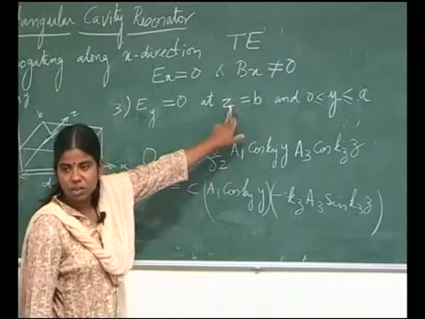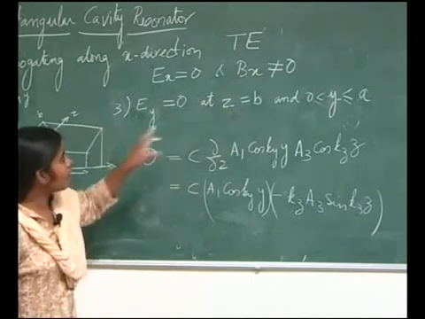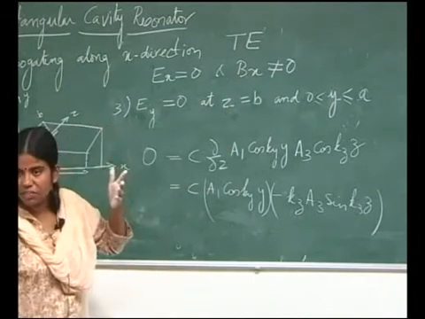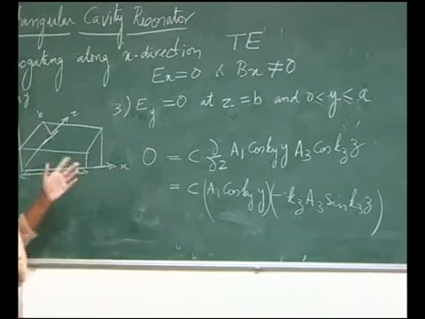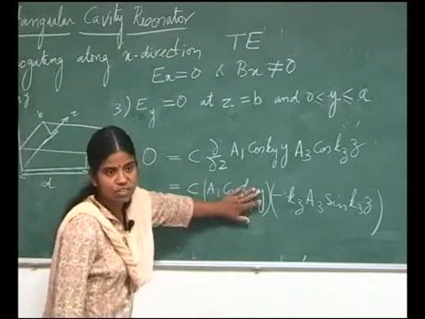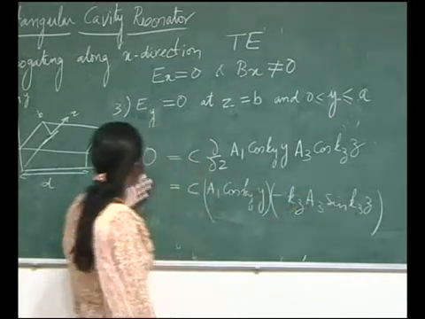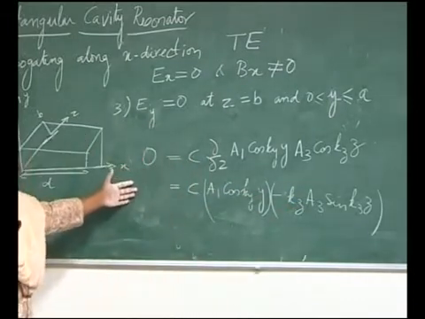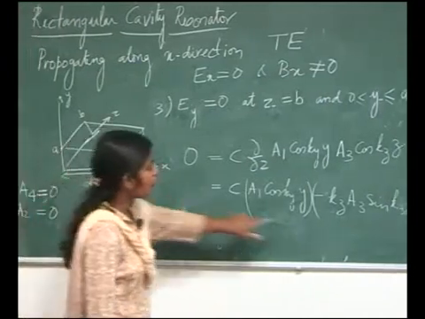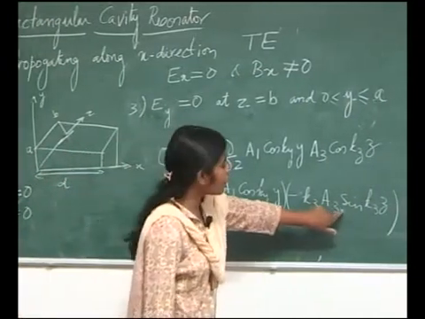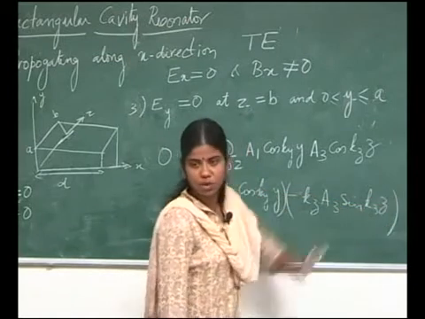First term is definitely not equal to 0 because I am trying to evaluate Ey at the z interface. So along the y interface will be the tangential interface. So there will be y component. So this component is not 0. But this component should be 0 because on the left hand side I have 0. So I cannot have A3 as 0, so I force my sin kzb to be equal to 0.